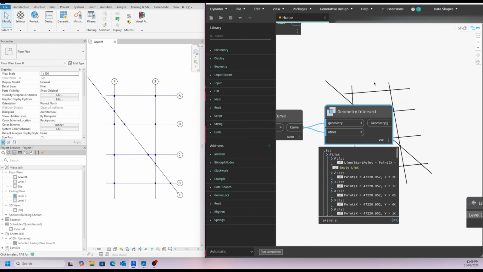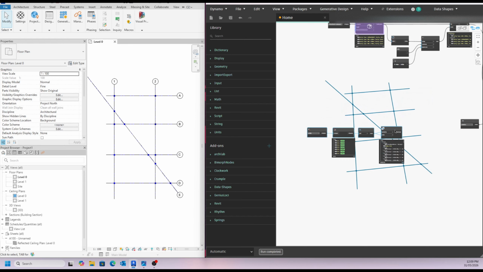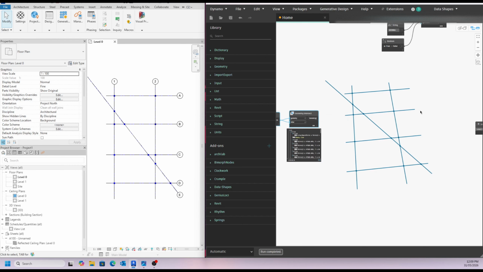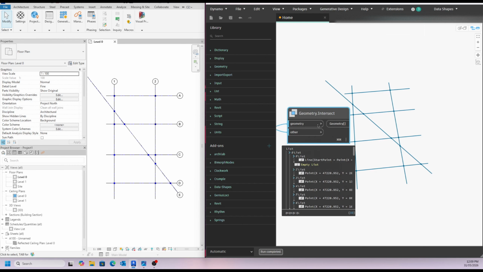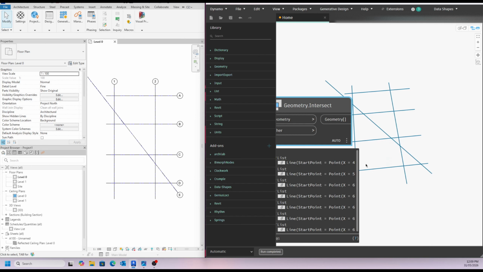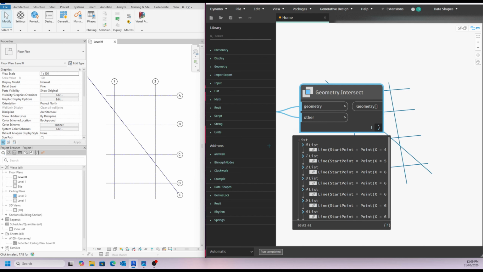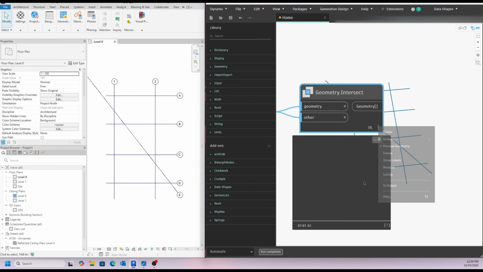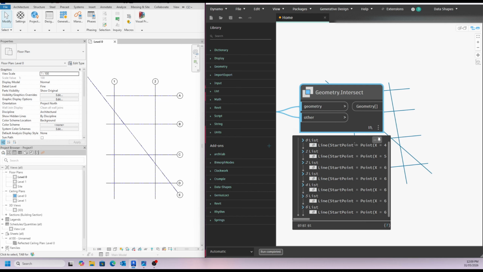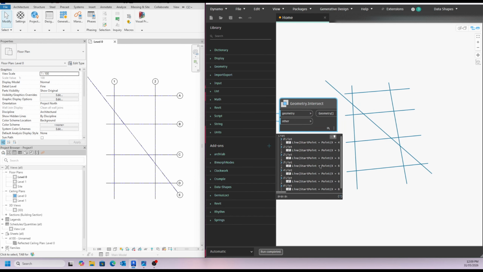So you can see here, when we have it set to auto, or any of the other options, shortest, longest, it's the same, we get this result here, and all it's doing is highlighting the grid curves,